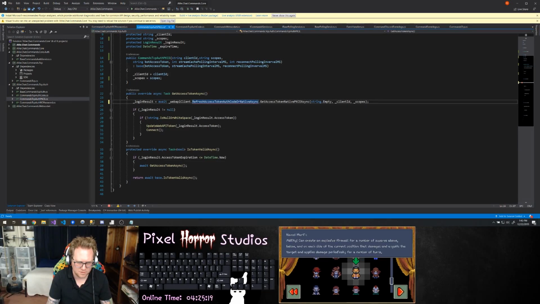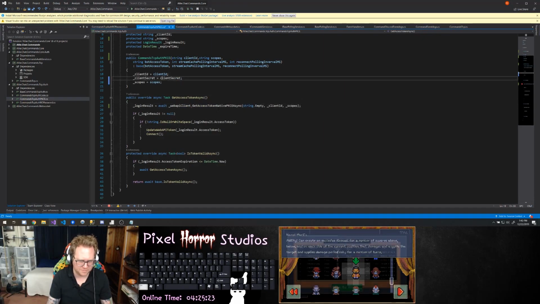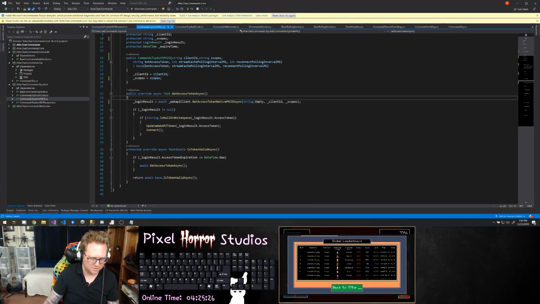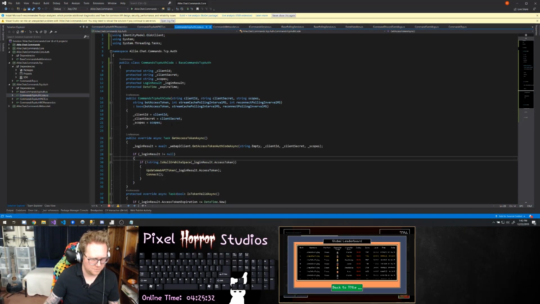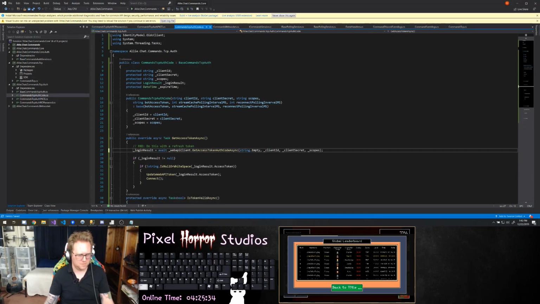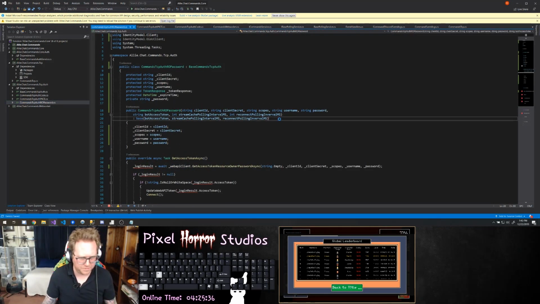Interesting. So this should be done with a refresh token here. Okay, and then for RO password,